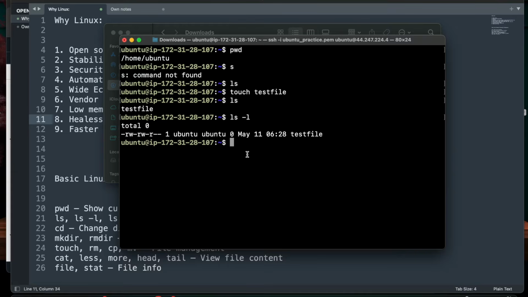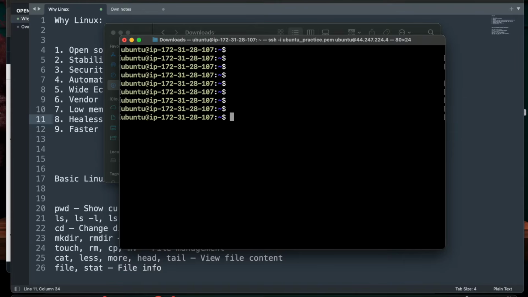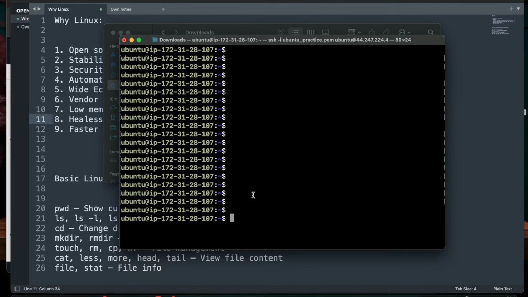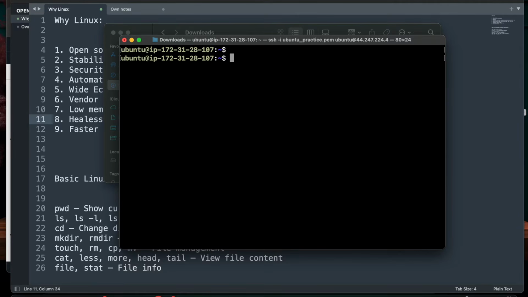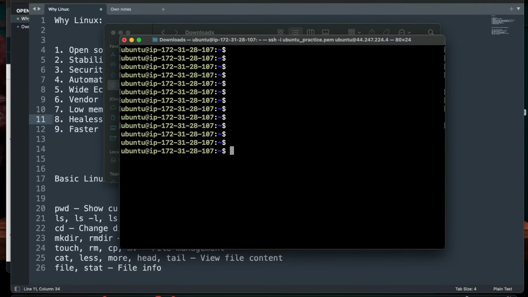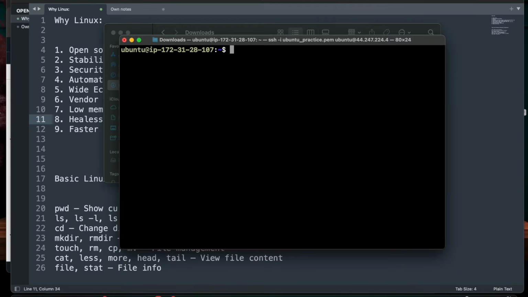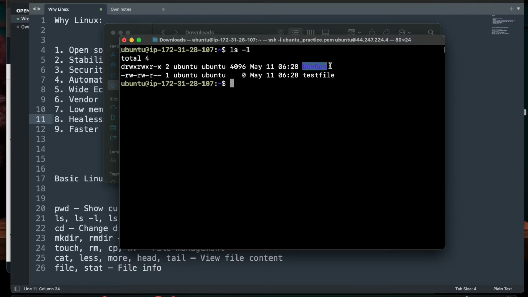And if you want to create a directory or folder, you can do mkdir. That stands for make directory. I'm going to say mkdir DevOps, for instance. If you want to clear this screen, if you run this command, the cursor is going to come to the end of this terminal. So if you want to go above, just do clear, or else you can press Ctrl L. That's a shortcut. Okay. Now let's do ls -l again. Now we can see the DevOps directory.